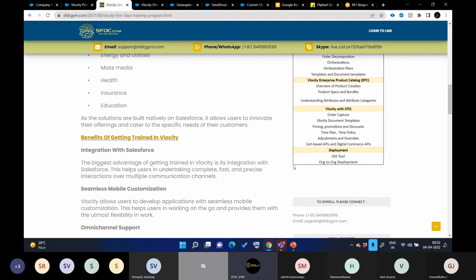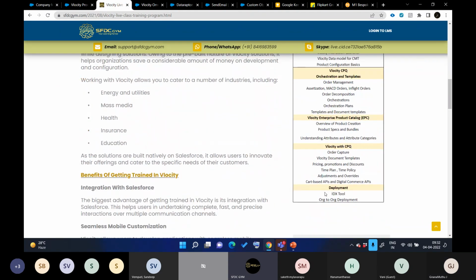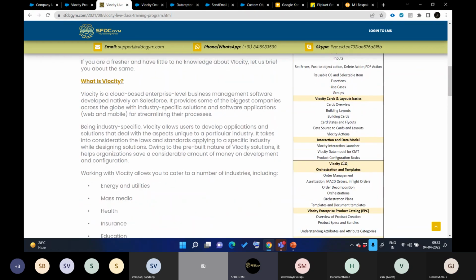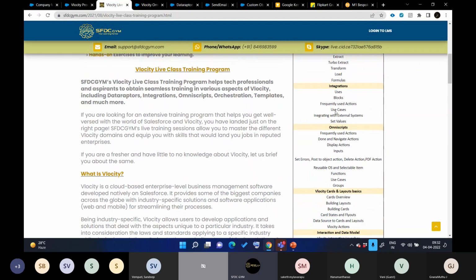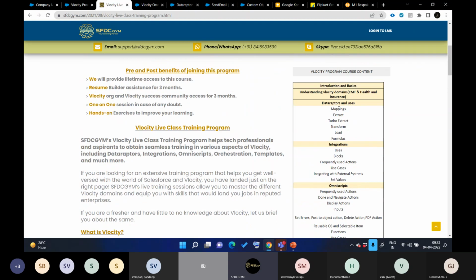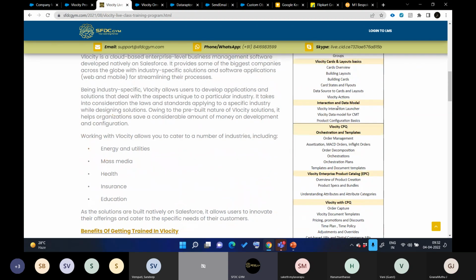Okay, now I pause for any questions. So this is the complete structure. Apart from these topics, we will also discuss some development kits, like someone is asking how to call the entry data raptor in our LWC. So those things we will also discuss.